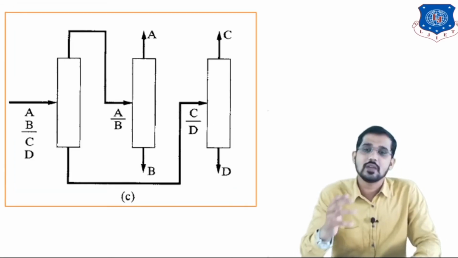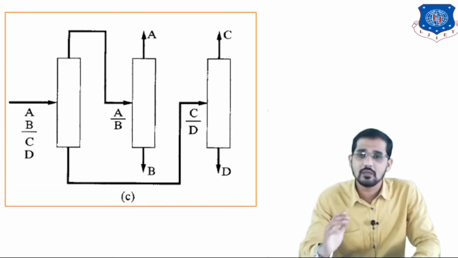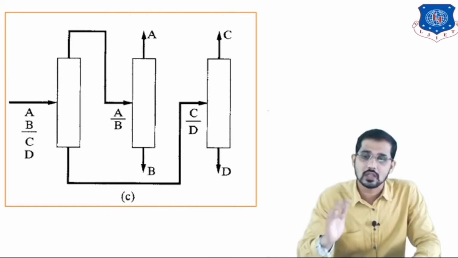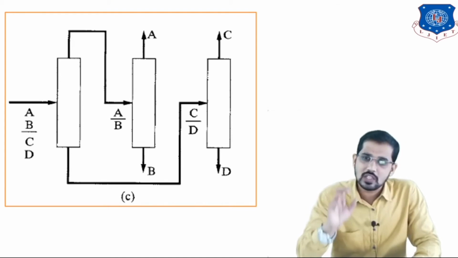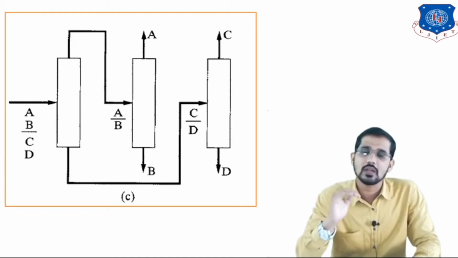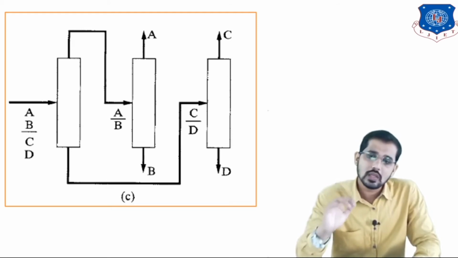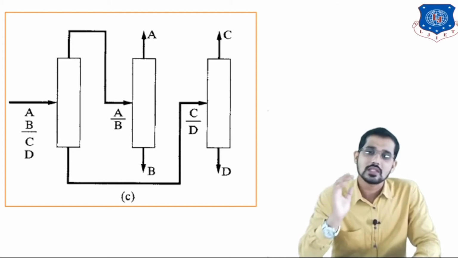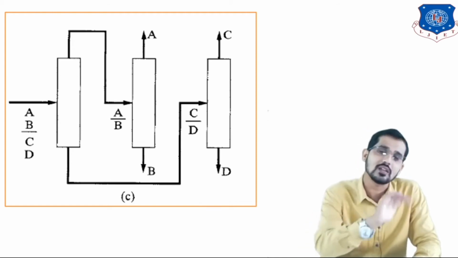You can see here the next figure, the next sequence, in this manner. Here we are having a 4-component mixture, and this 4-component mixture is converted into binary mixtures. The first binary mixture is nothing but a mixture of components A and B, and the second is a mixture of C and D. So here we are separating the mixture of A and B in one distillation column, and the C and D mixture is being separated in another distillation column.